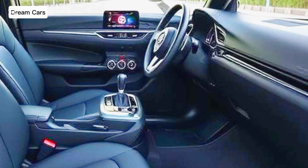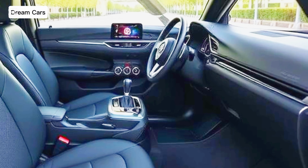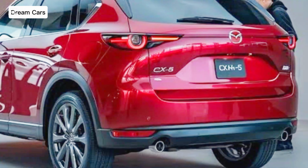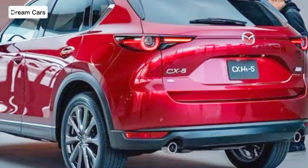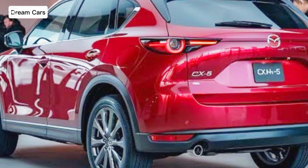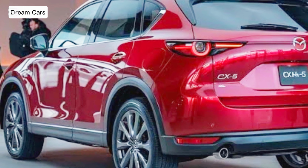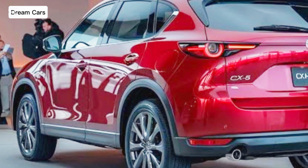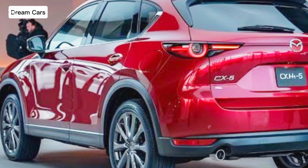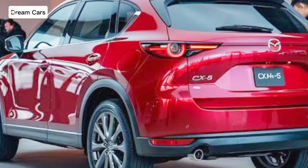The 2026 Mazda CX-5 is a compact SUV that checks all the right boxes. It combines sporty handling, cutting-edge technology, a premium interior, and a stylish design into a well-rounded package that appeals to a wide range of buyers. Whether you're seeking a fun-to-drive daily commuter, a family-friendly vehicle, or a road trip companion, the CX-5 offers a fantastic mix of performance, luxury, and practicality. If you're in the market for a compact SUV, the 2026 Mazda CX-5 blends luxury, power, and cutting-edge technology, offering